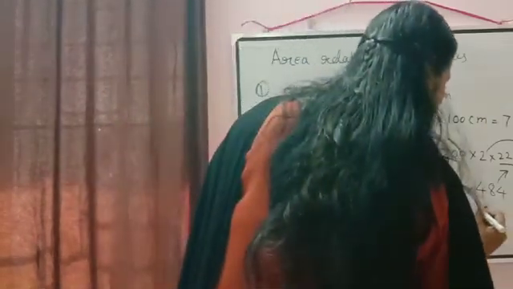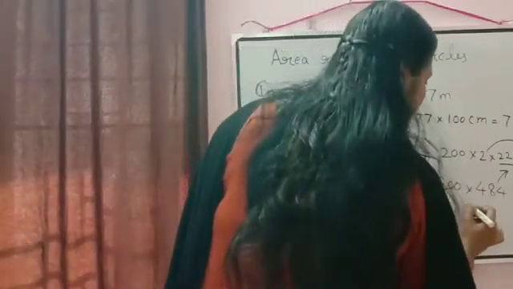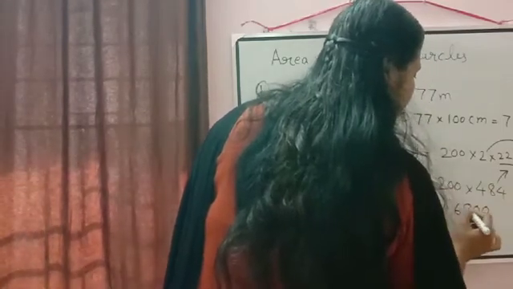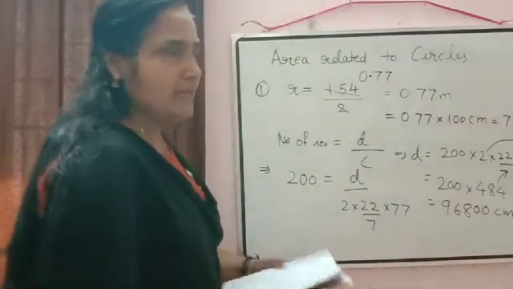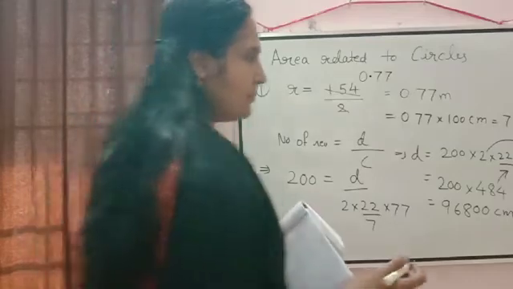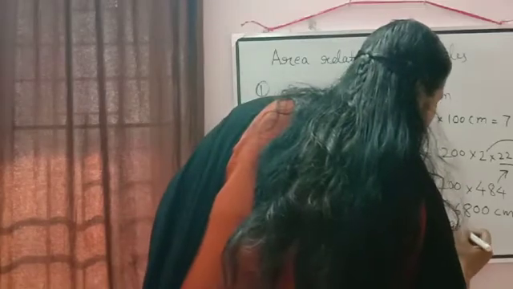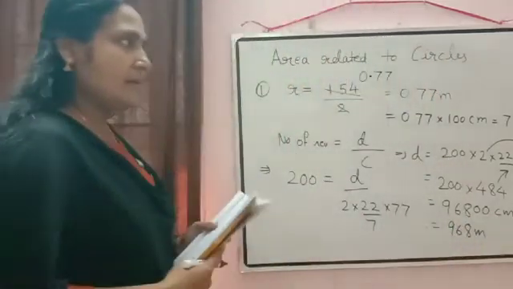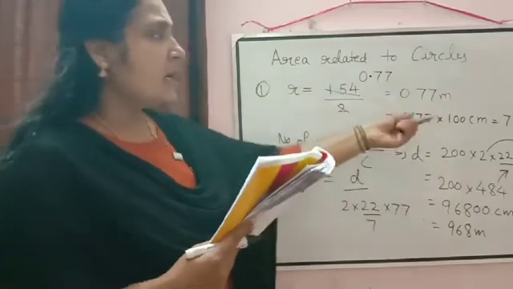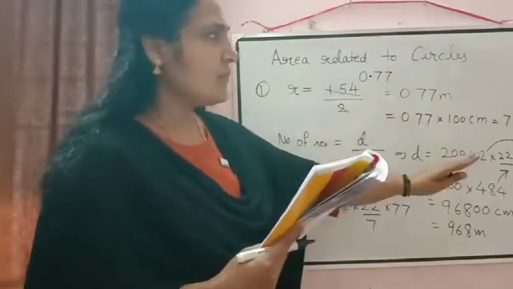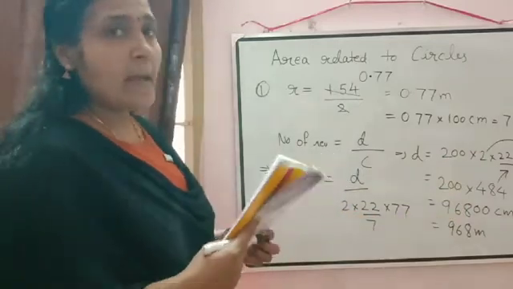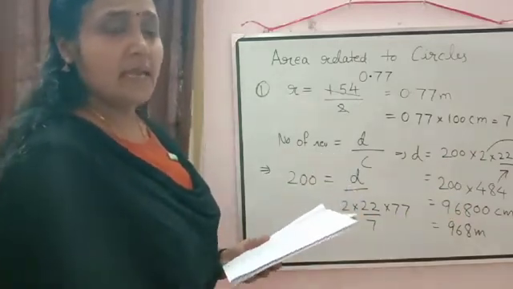Then we can multiply here. 2 zeros we can already write. 2 4s are 8. 2 8s are 16 plus carry over 1. Then 2 4s are 8 plus 1, 9. So what are we getting here? Distance is equal to 96,800 centimeter. Now if you want, you can convert into meter. For that what will come? Yes, we will divide it by 100. So it will be equal to 968 meter. Here conversion into centimeter, everything depends on you. If you don't want to convert into centimeter, no problem. But be careful when you are doing the calculations in decimal.